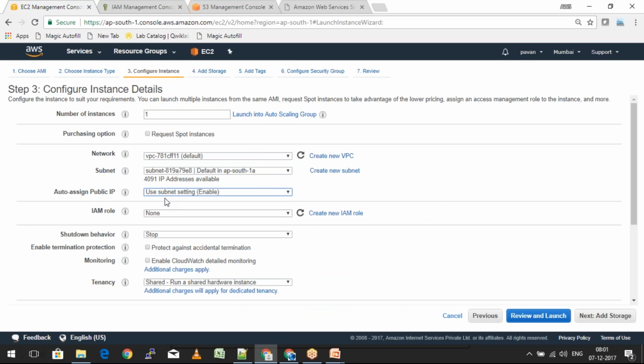assignment, because if public IP is available for this specific machine, then we will be able to log in to this machine from our normal Windows laptop or a computer from our place. Now the first part, if you see here, it says number of instances. So how many instances would you basically require